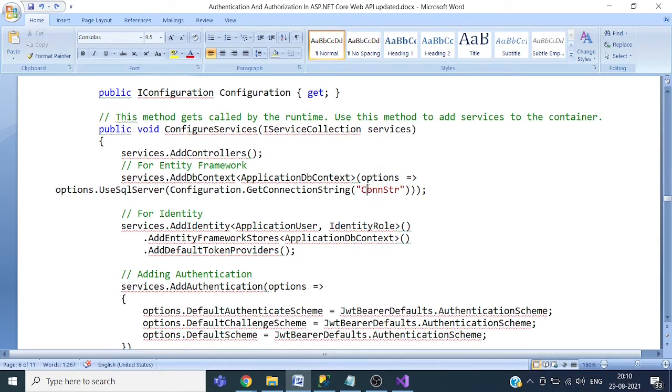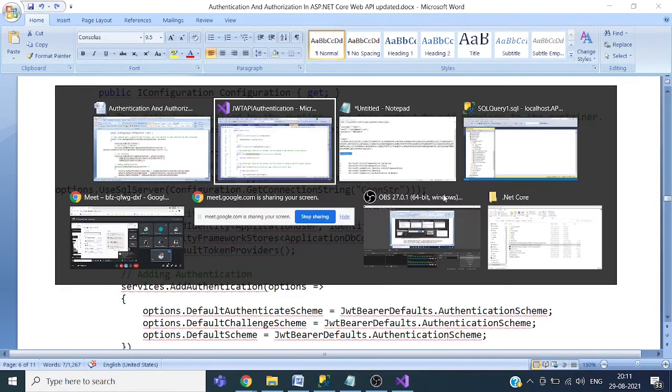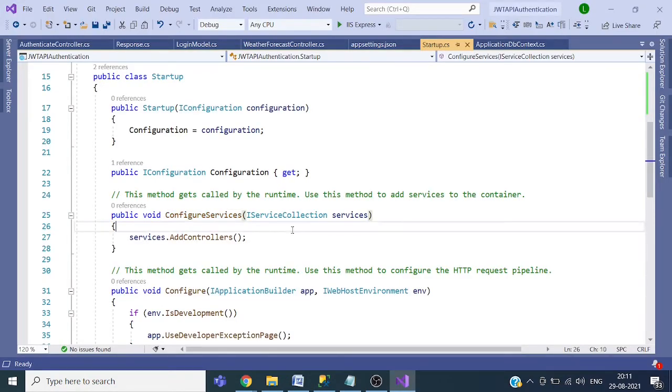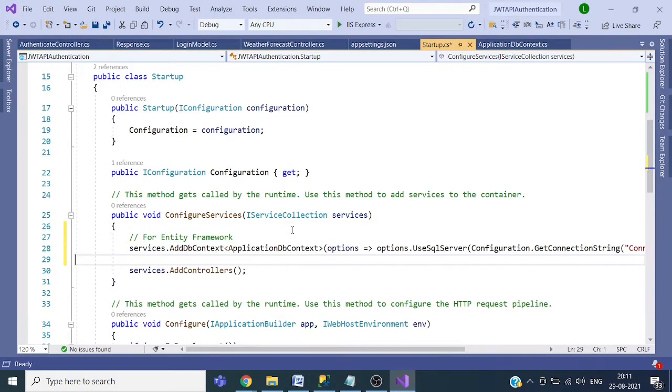So this connection string will be provided to application DB context, and application DB context will initialize identity DB context with this connection string. This method, add controllers, basically is used for adding the support of MVC.